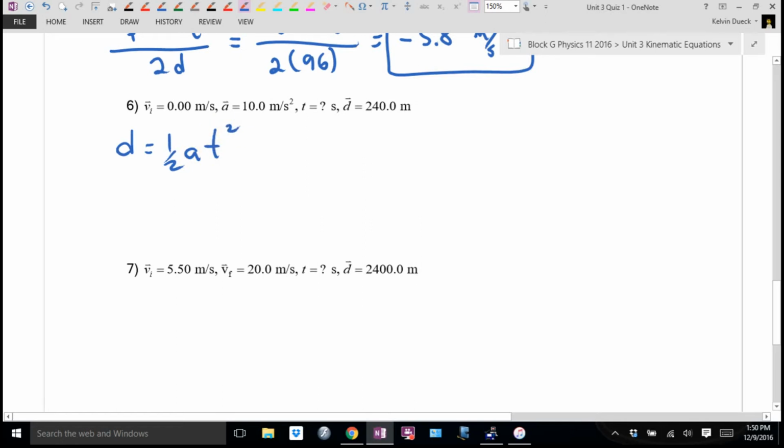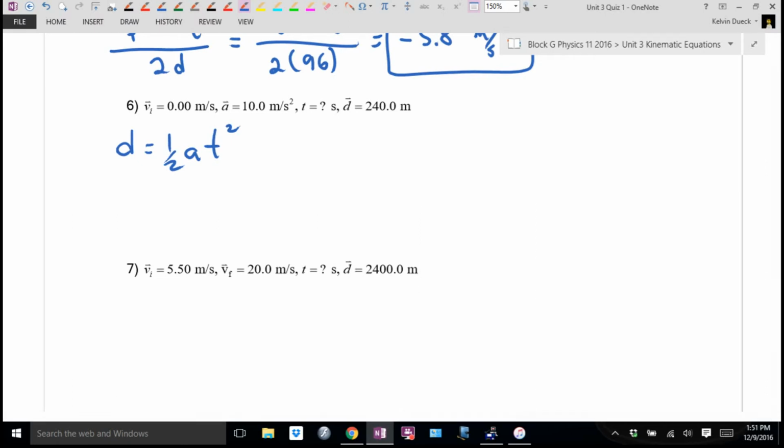Mr. Duick? Don't you mean D equals VIT plus a half AT squared? Isn't the equation, Mr. Duick, VIT plus a half AT squared? That's what I wrote. Mr. Duick, I don't want to criticize, I don't mean to beg to differ, but I don't see a VIT. No. What? 0. So, as we're building our physics skills now, Devin, I've already taught you, look for units and